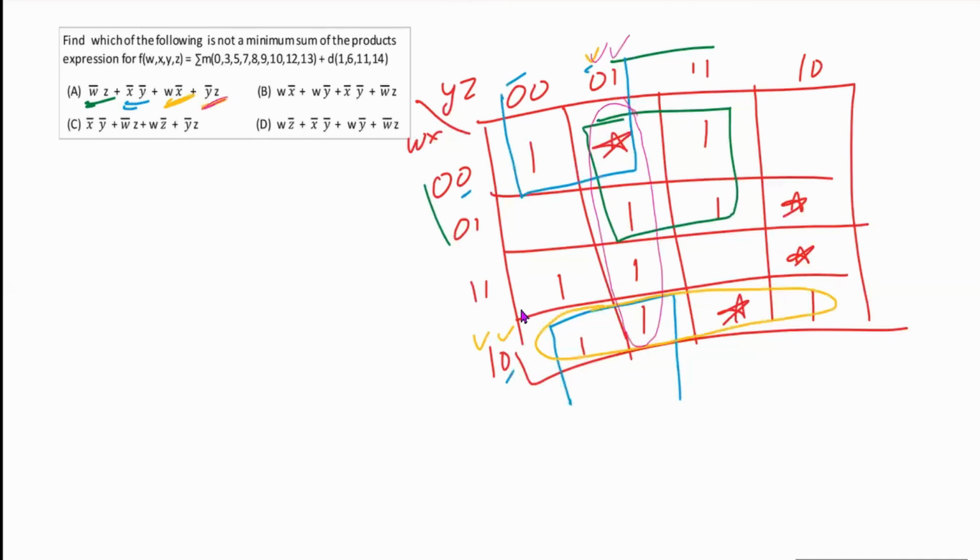Now after doing this, I can see that this one is left out. It is not paired anywhere. So if it is not paired anywhere, this answer is incorrect. This is not the answer for this don't care and minterms, because this one is living alone. So directly I am getting option A. Let's go to the next question.